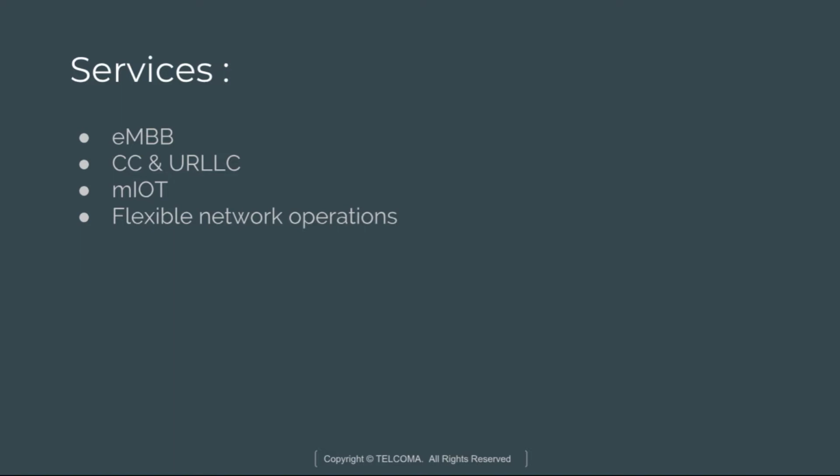For services to an airplane, a bit rate of 1 to 2 Gbps is expected per plane. Next is the service CC and URLLC, which is critical communication and ultra reliable low latency communications. We have several scenarios which require support of very low latencies and high communication service availability. These are driven by new services like industrial automation. The overall service latency depends upon the delay of the radio interface, transmission within the 5G system and transmission to a server. This server may be available outside the 5G system, and also the data processing.